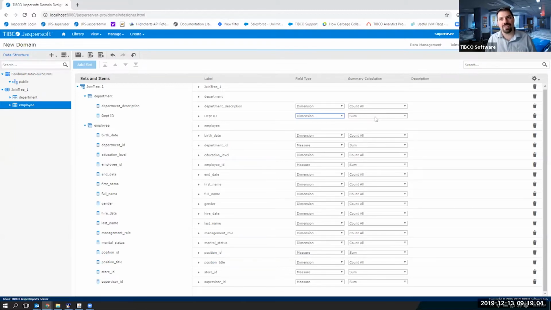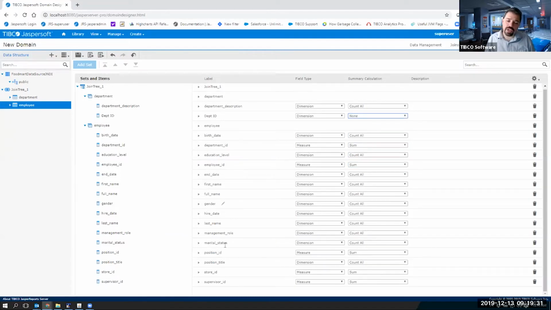So if I decide to show totals in my report, let's say I have a table and I want to show the totals, it will default this and sum the IDs. That makes no sense at all. Why would I sum IDs? So because it was a measure, that's why it figured. So I can either change this to none, or for IDs, if I really want, I can maybe do count all or count distinct. I'm going to go ahead and just leave it to none at this point.